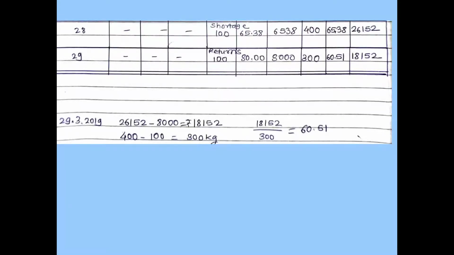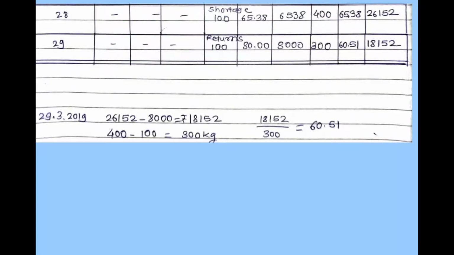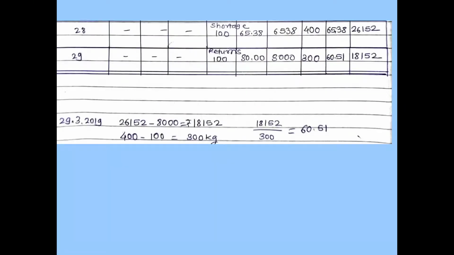Now on the 29th we have been given returns to the suppliers. That means this material is not in stores now, it has gone out of stores. So 100 kg material is sent back to the suppliers, and we have written it into the issue column. It is from the earlier purchase, and that day the rate was 80 rupees. So the supplier will take this material for the given rate only, not your weighted average cost rate. It will be given at the purchase rate. So 100 into 80 makes 8,000 rupees. So returns will be costed at the purchase rate only.